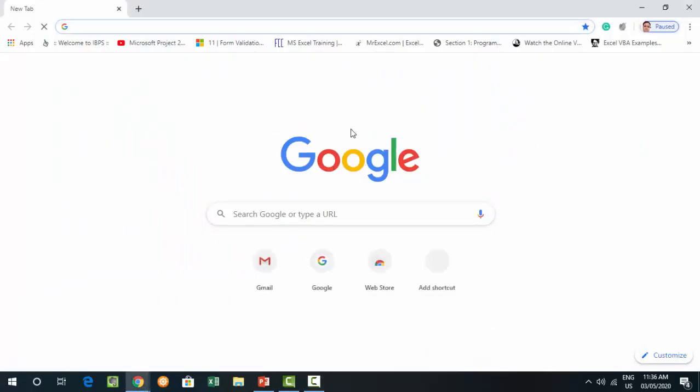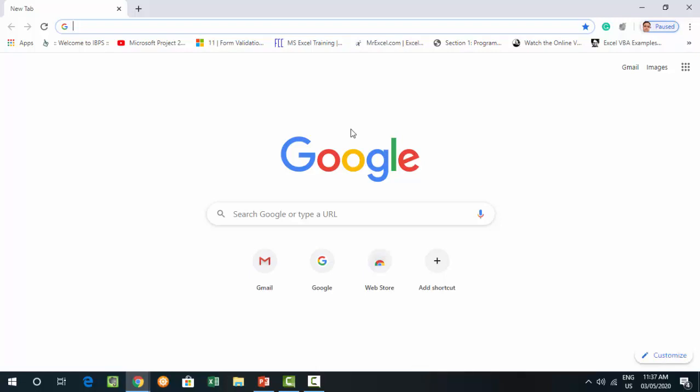As I explained yesterday, the Google Meet option is not visible in the normal Gmail account because Google Meet is a paid service of Google, but they are going to make it free for users from next week. So hopefully by next week this service will be available in the local Gmail account. But for the time being, we will see how a business organization can register their official domain on G Suite. And if you are an individual user, you can also request your company to issue you a G Suite user ID to use the Google Meet feature.